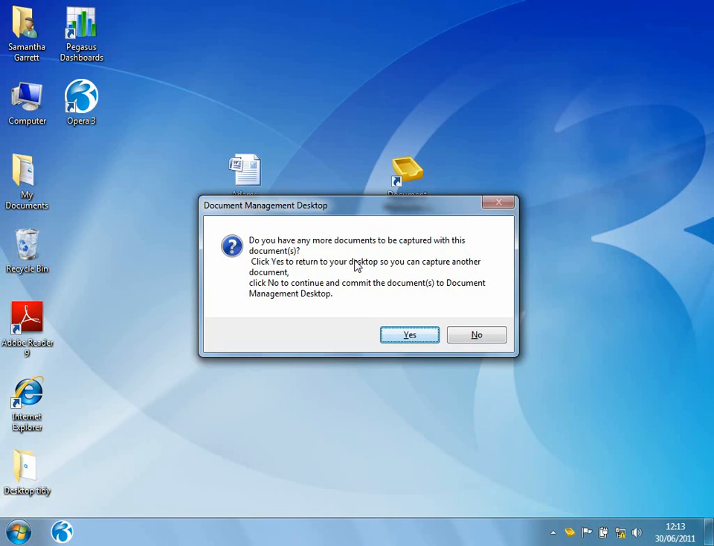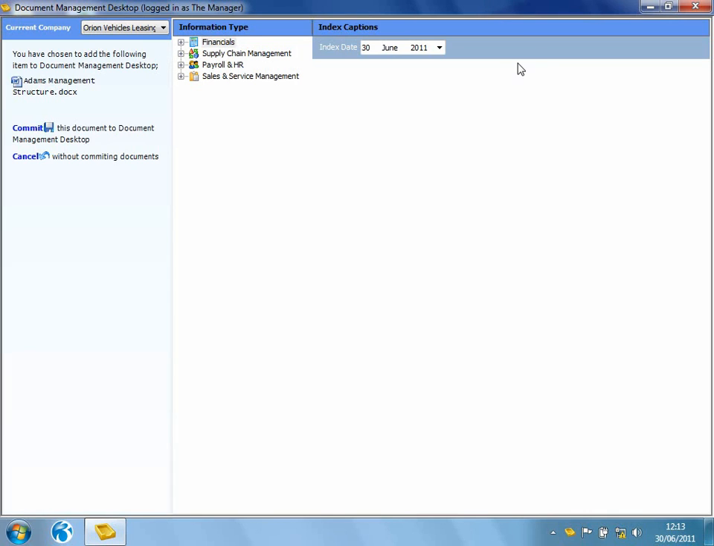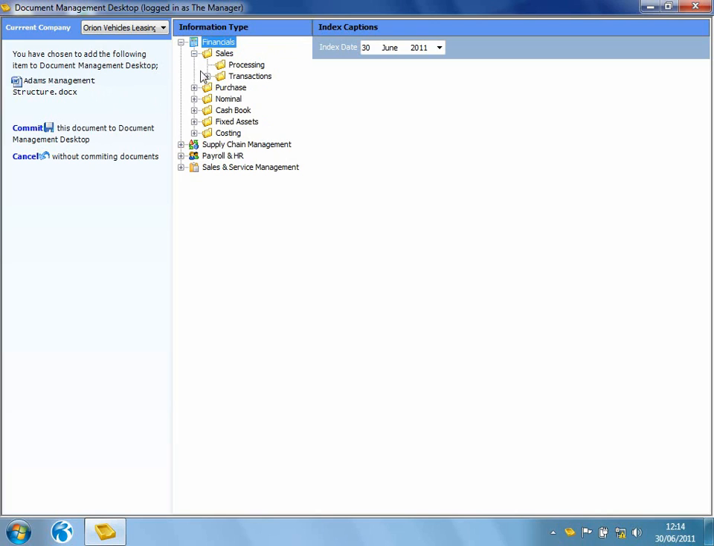Now it's asking me, do I have any additional documents that I would like to index with that document? I'm going to say no. And straight away it opens up the Document Management Desktop form. So as you can see here, I can select the company that I wish to index this document into. We can see down towards the left-hand side, I've got one document here, which is a Word document. And then all I need to do is navigate to the area of the system that I would like to